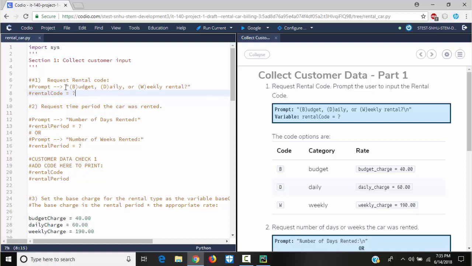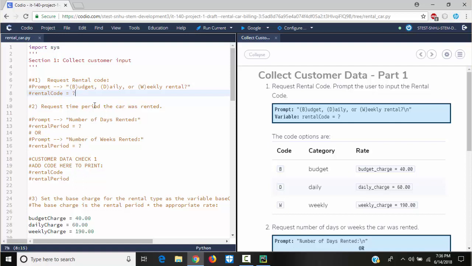So for the rental code, you're asking the customer, hey, the customer comes to rent a car, and you ask the customer, do you want budget or daily or weekly rental? And the customer says budget.